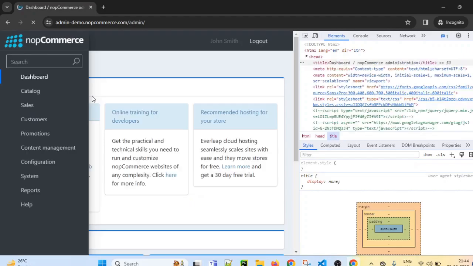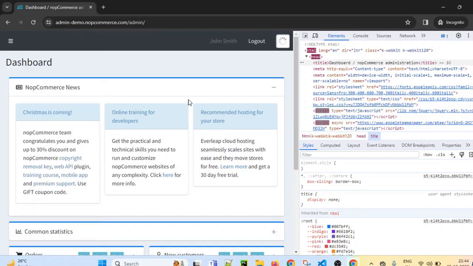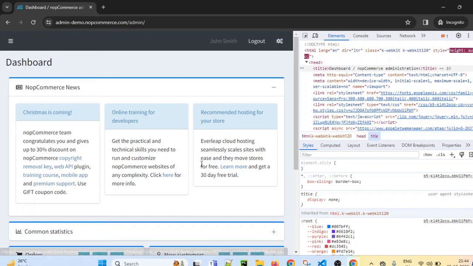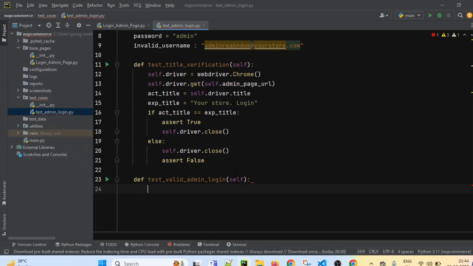We have entered the correct username, correct password, and if everything is correct, we land up on this web page. We will identify if we can see the dashboard. If we can see the dashboard text, that means we have successfully logged in. So we will be adding that as a checkpoint. But before that, let's go back to our project. First we want to log in, right?